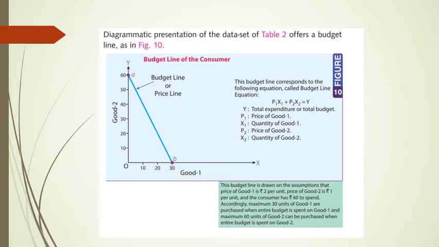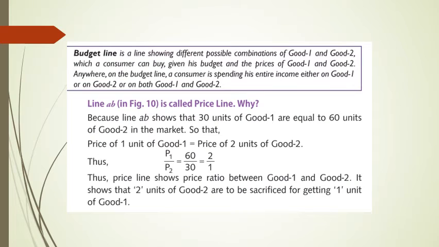So each point on the line AB indicates one combination of good 1 and good 2 which a consumer can buy with his given income and given the prices of good 1 and good 2. Line AB is also called price line